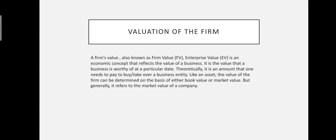Another sound approach towards computing the value of the firm is to determine the present value of its future operating free cash flow. The idea is to draw the comparison between two similar firms. By similar firms we mean similar in size, same industry, etc. The firm whose present value of future operating cash flow is better than the other is more likely to attract the